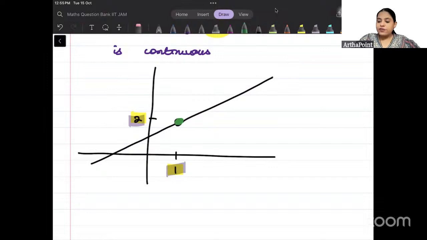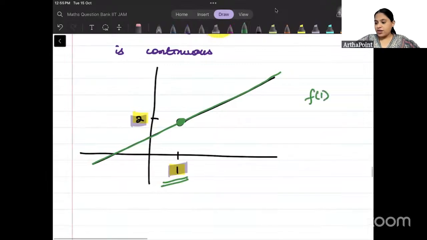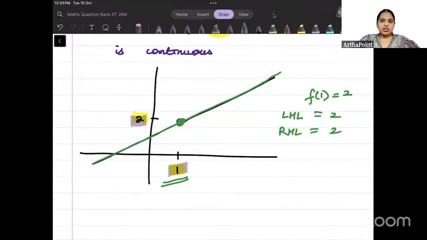So now, because this circle gets filled, this becomes a continuous function. Because I know that at x equal to 1, it is taking value 2. So f of 1 is 2. And I know that for this function, the left-hand limit and right-hand limit were coming out to be 2. Right? So all three are equal to each other. Hence, it is a continuous